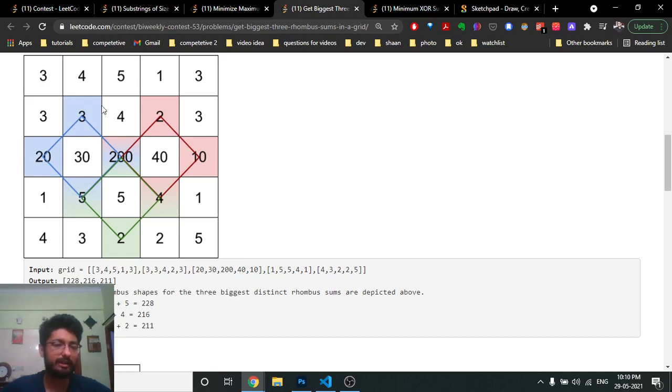Then if you take this as the length, this can be size 2. Assuming this 200 to be the center, this rhombus can also be present. But this is not the maximum size, that's why it's not in the answer. Even though its length is larger, 200 is not in there because this rhombus is not taking the 200 into account, so the total is smaller, that's why it's not in the answer. But as you can see, this rhombus is also possible, with this shape.